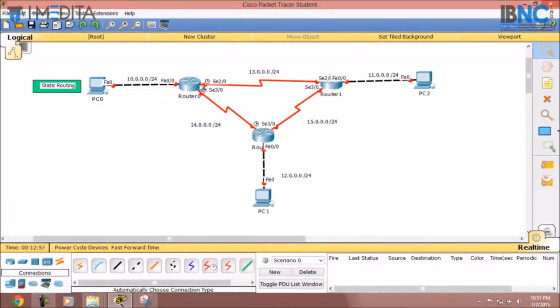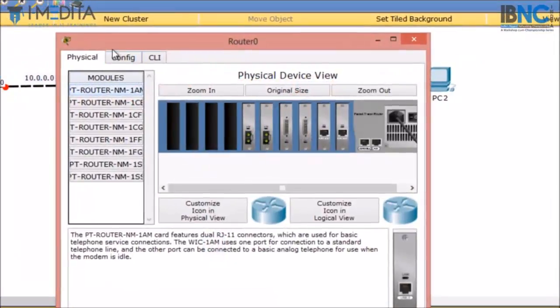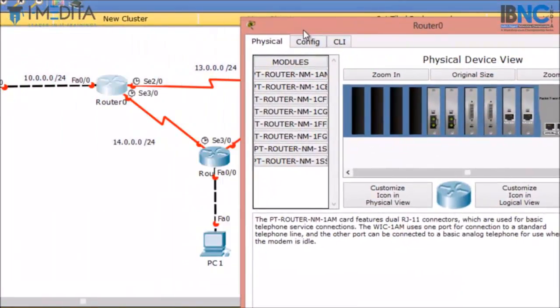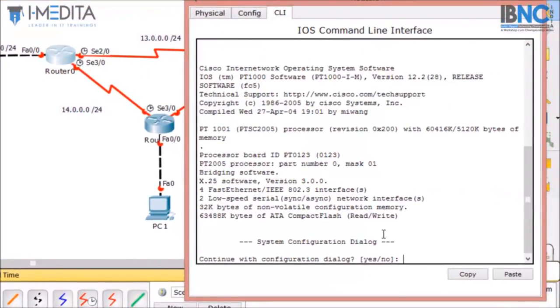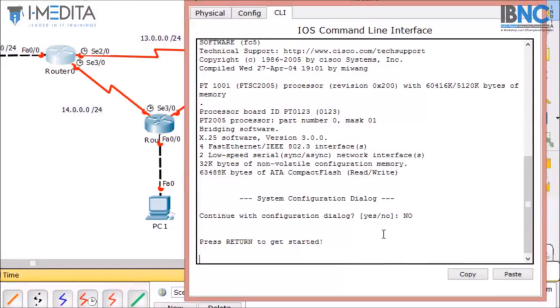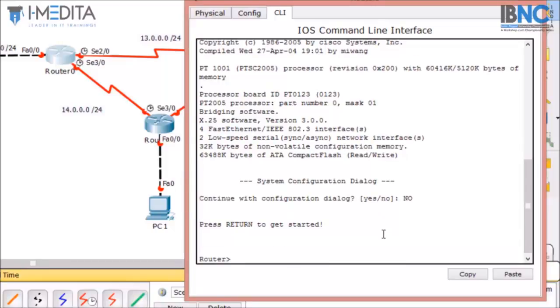Okay, so we have assigned the IPs to the hosts. Now we will configure the routers. First we will go to router 0. We will click on the CLI mode and we will skip this process, so we write no and then hit enter. Then we will jump to the privilege mode after typing the command enable.